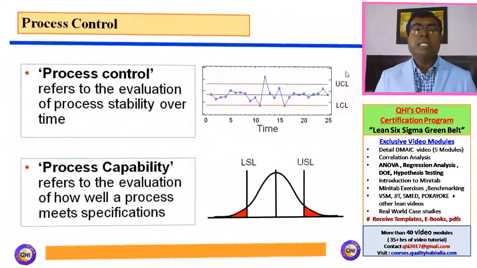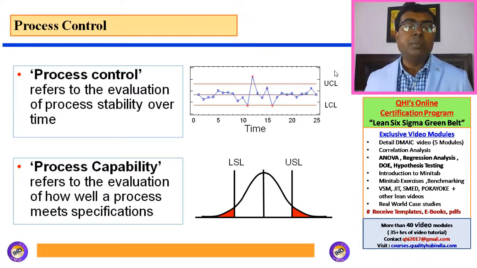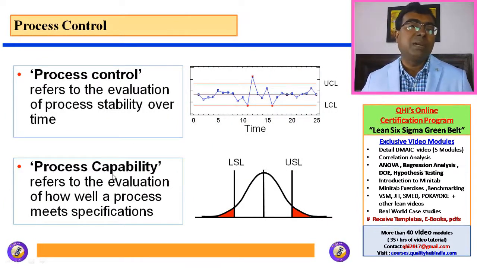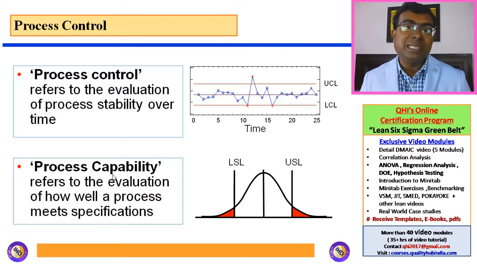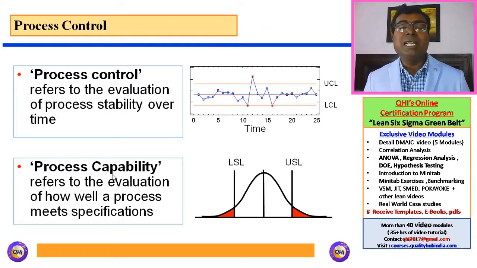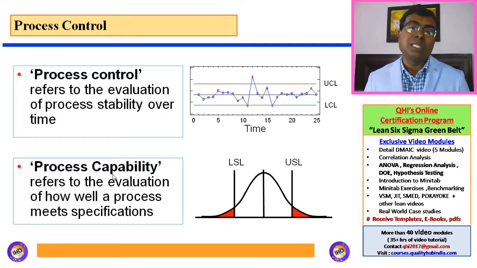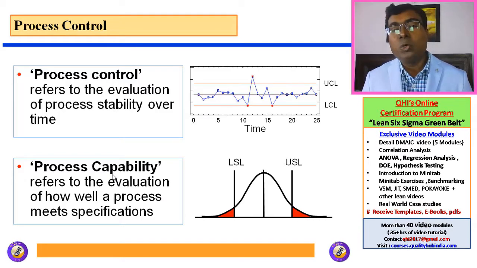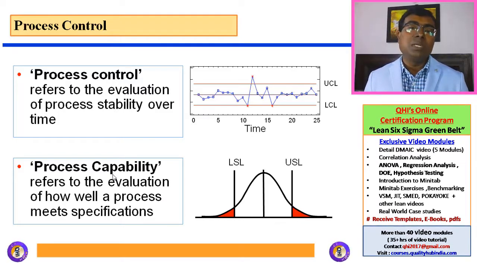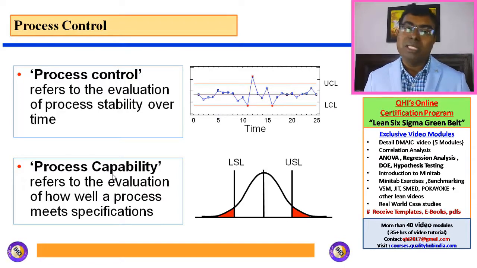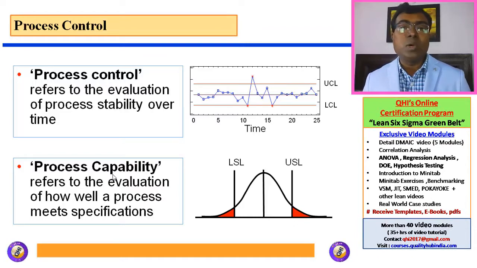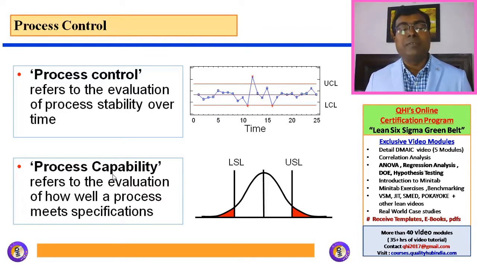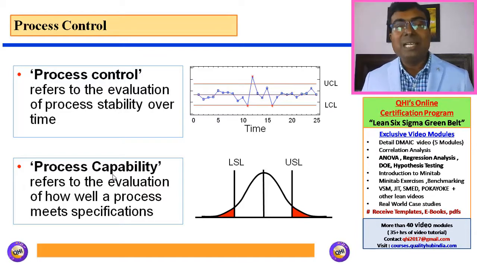Now friends, let's understand the difference between process control and process capability. In many cases, friends, while talking to many engineers or professionals, they always get confused between process control and process capability. And whenever I talk to them, they typically talk about Cp/Cpk study in process control, which is quite wrong, because statistical process control and process capability are two different things. So let's understand the difference.